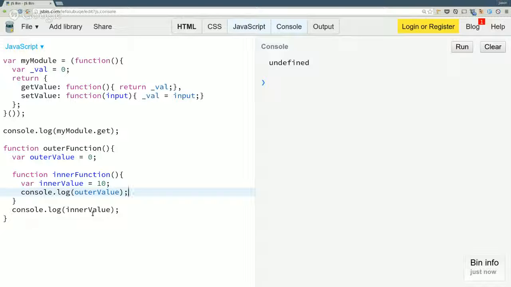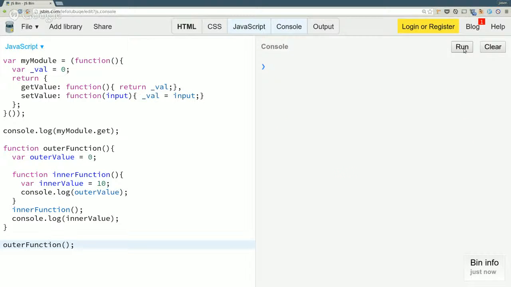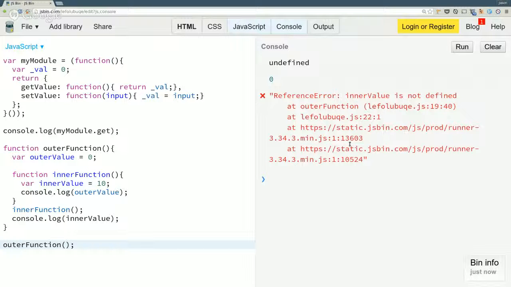I'm not even sure anymore. Okay, so I have to invoke outerFunction to show how this works. Okay, so if you have this, it will work, and I'll show you. Just to demonstrate here, actually, I like the point of that.